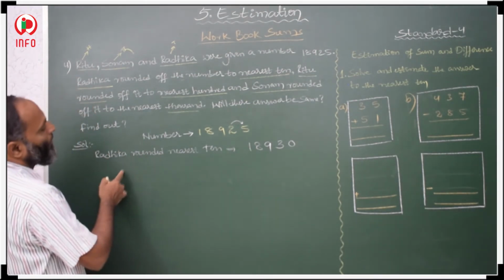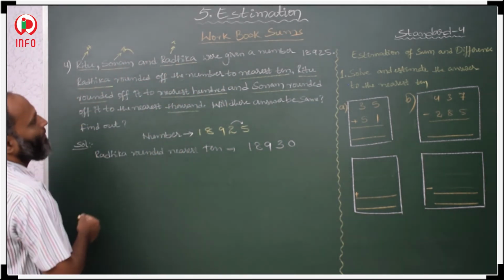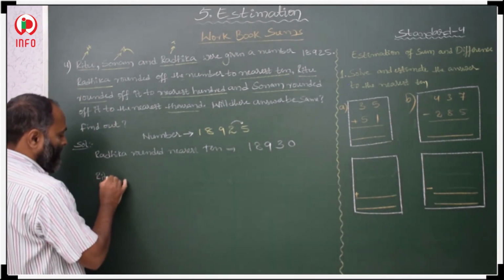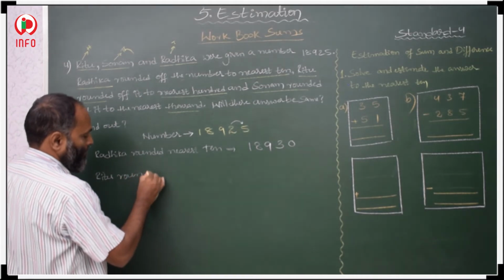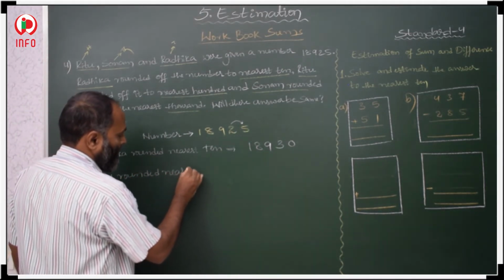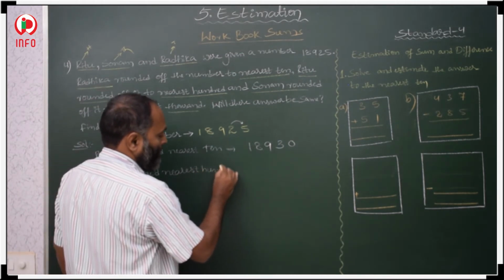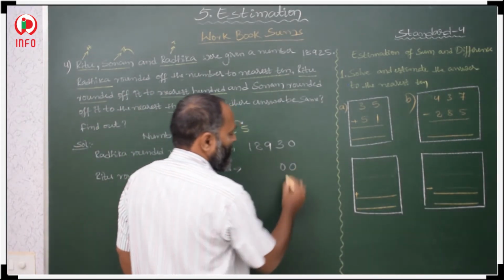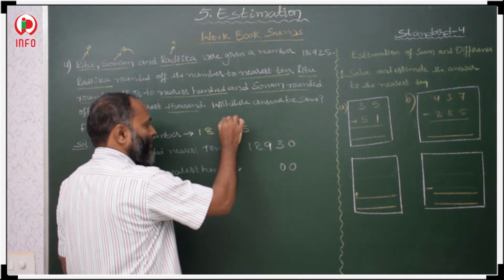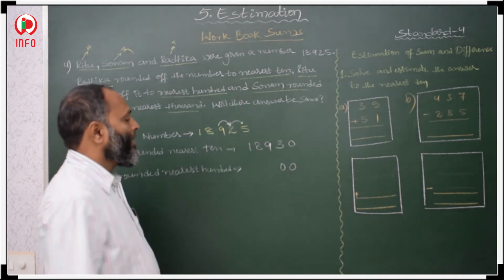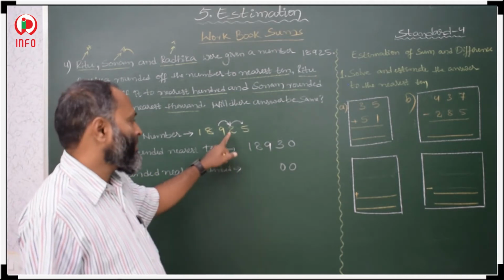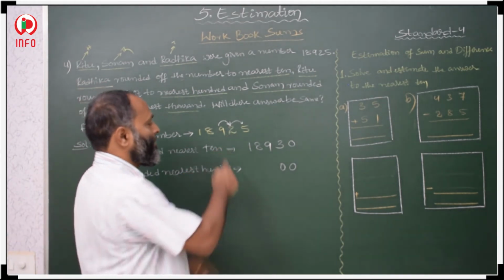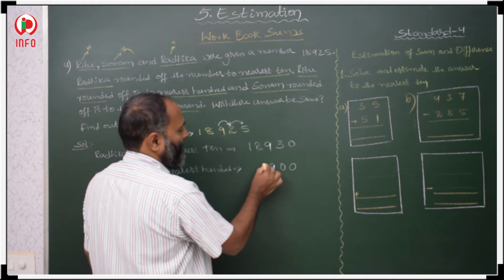Next, Radhika, Ritu. After that Ritu rounded nearest 100. Nearest 100 means in ones place, in tens place we keep 0. Then for hundreds place we have to check this hundreds place. What is there in hundreds place? In hundreds place 2 is there. That means it is less than 5. So 9 we take as it is and 8 1.